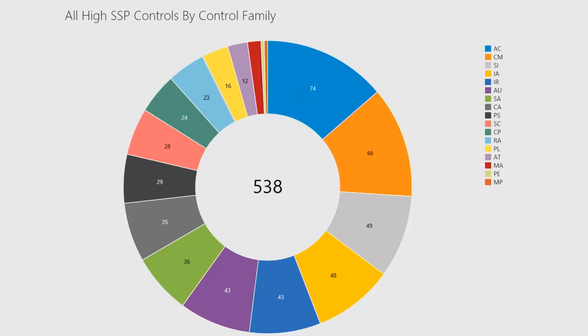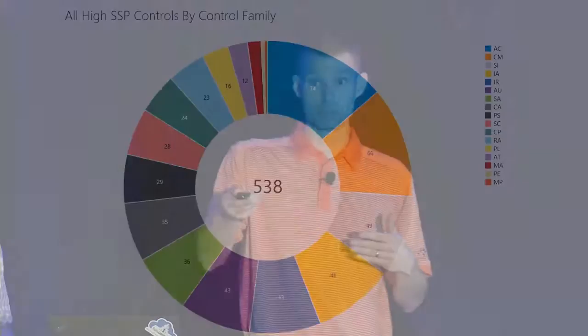So high is a very high bar for data, and that's why the categorization is so important to understand, because as you said, it takes a long time to go through the process. It takes a little bit longer for high than it does for moderate, and you don't want to go through this whole process and document controls you don't have to if you're at a moderate state. I think moderate is like 300 something or so.